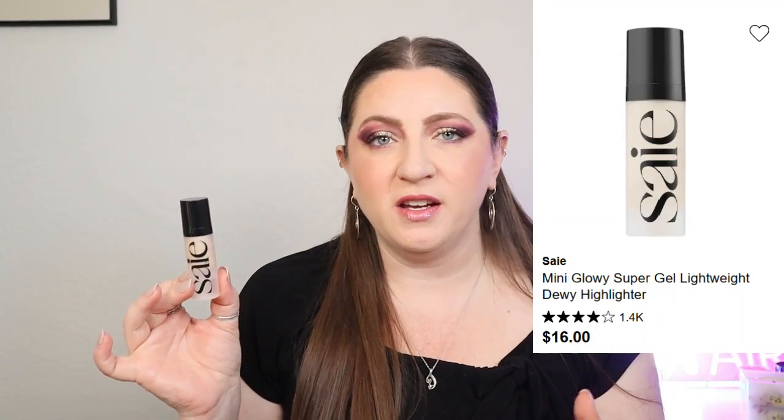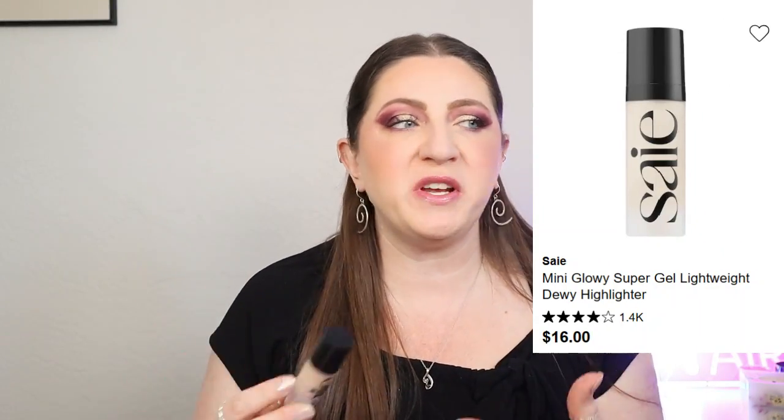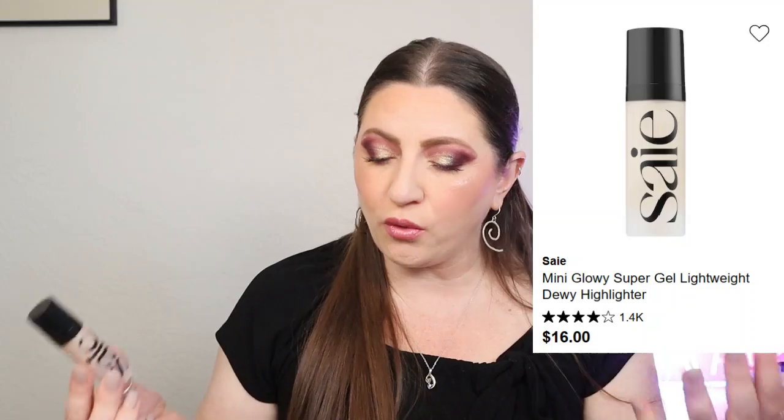I want to talk about another product that I personally use under the foundation. This is the Say Glowy Super Gel in the shade Star Glow. I have tried a ton of luminizers or glowy gels under the foundation and over the foundation. Charlotte probably kicked us off initially with her Hollywood Flawless Filter, and now a ton of companies are coming out with them. When Say came out with this probably 2 years ago at this point, I immediately fell in love